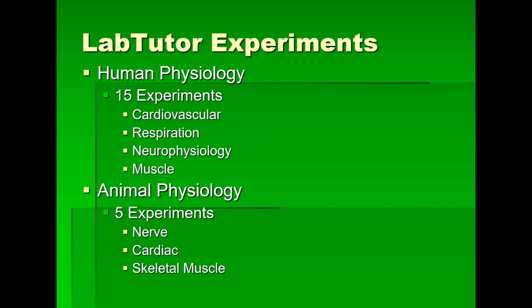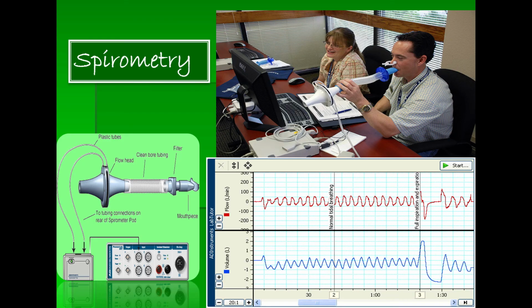Previously, we had a different machine for ECG, a different machine for skeletal muscle, and a different machine for lung volumes and capacities. But now the PowerLab is so sophisticated that you just have to change the setup and the accessories, and the PowerLab is the only machine by which you can perform a lot of experiments.